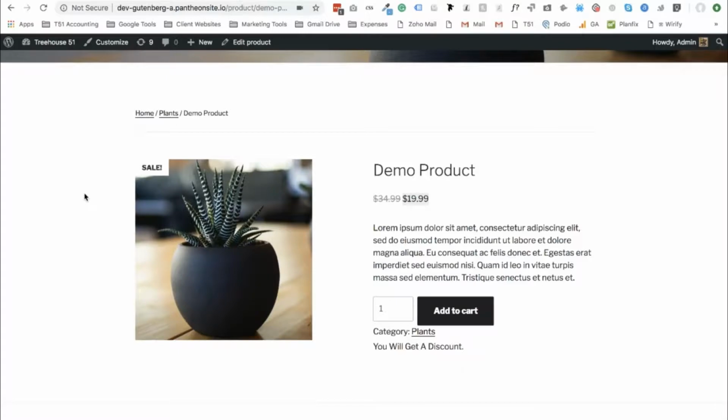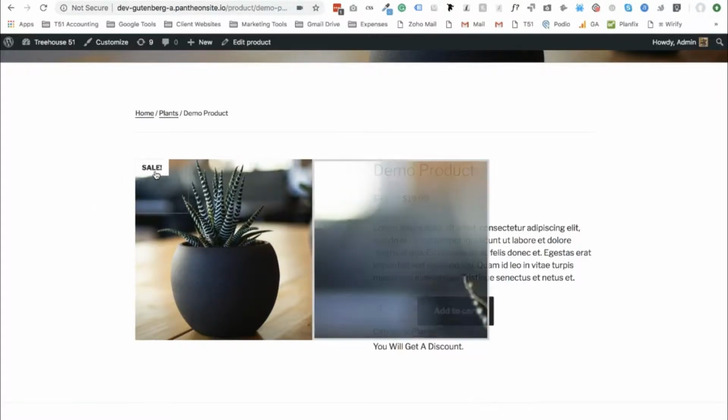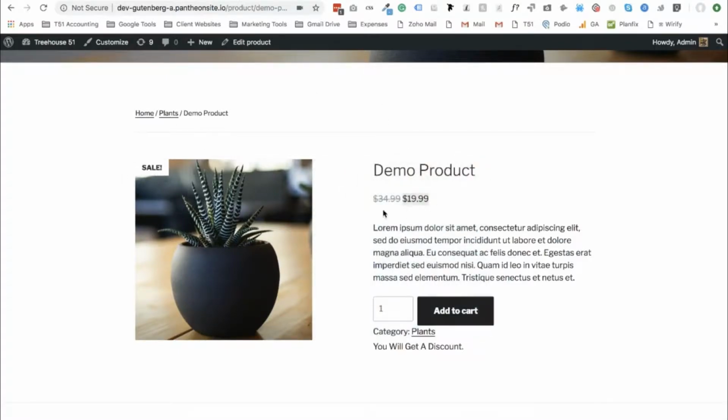So here's a WooCommerce product we have on our development site, and you can see that it says sale in the corner, and then the price has been reduced to $19.99. To achieve this effect, all you have to do is go to Edit Product,